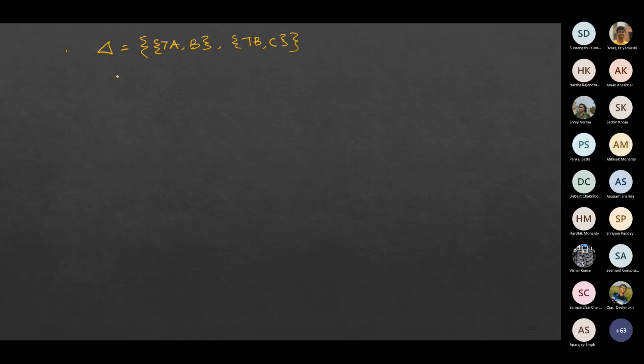So let's say we have started with A, right? So the first branch that we'll be following is T. So it will be assigning the value T to A, right? So that means we are conditioning delta over A. Now, if we condition delta over A, what would be the state of our knowledge base? The state of our knowledge base would be,